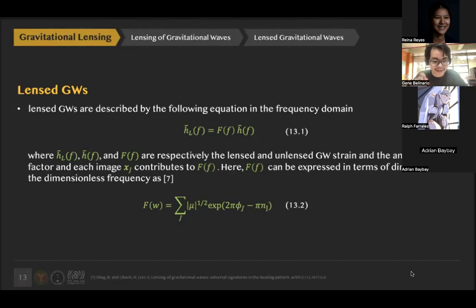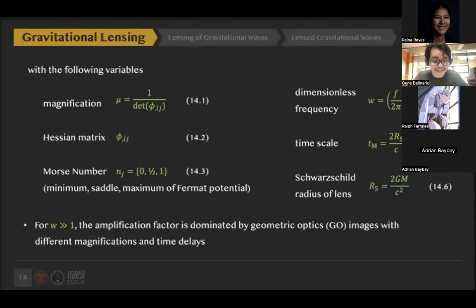FW is just the sum of your magnifications times exponential of 2 pi phi j minus pi nj. And in the next slide we define the components of the previous equation. So here we have the image magnification given by 14.1, the Hessian matrix in 14.2, and the Morse numbers, which are equal to either 0, 1/2, or 1 if the image is respectively the minimum, saddle, or the maximum of the Fermat potential. And then here we introduce the dimensionless frequency given by this equation, where Tm is our